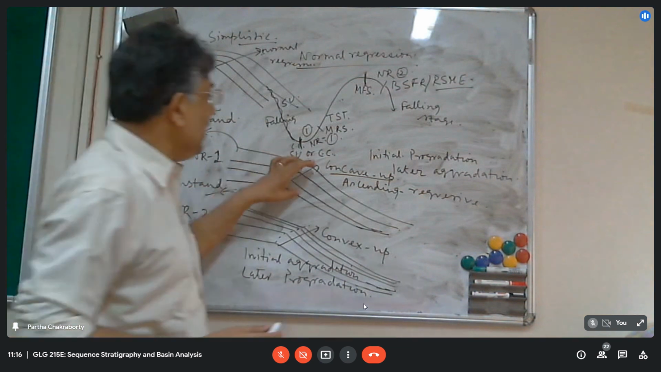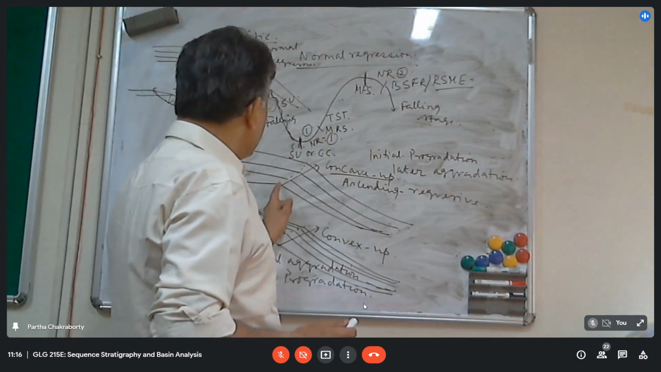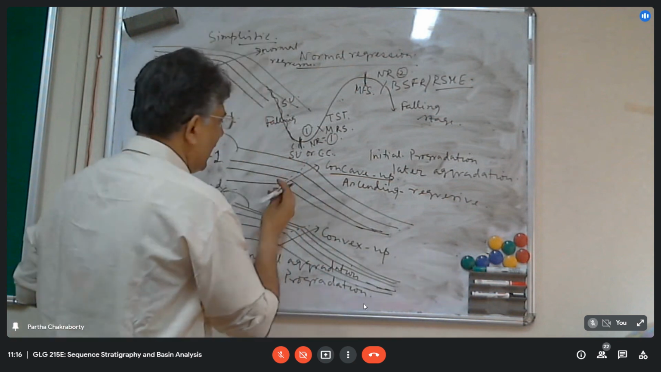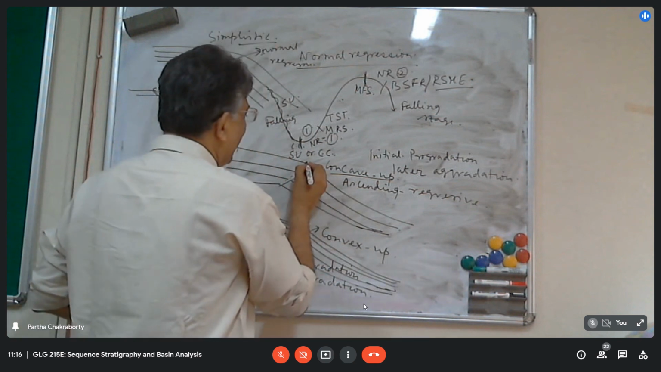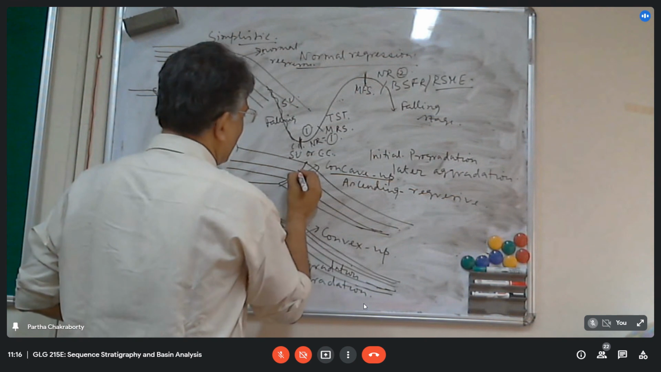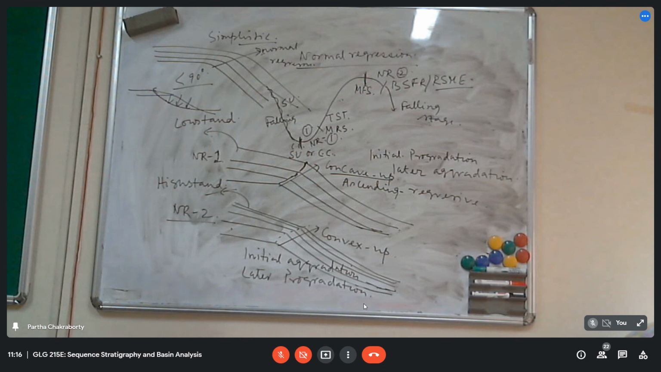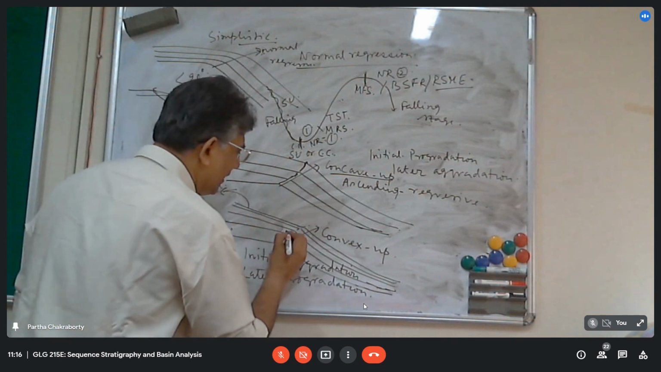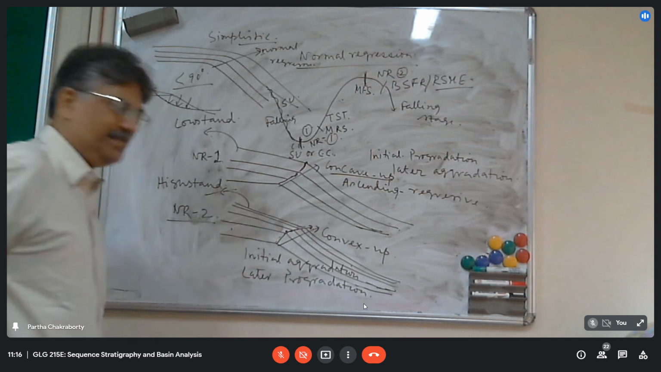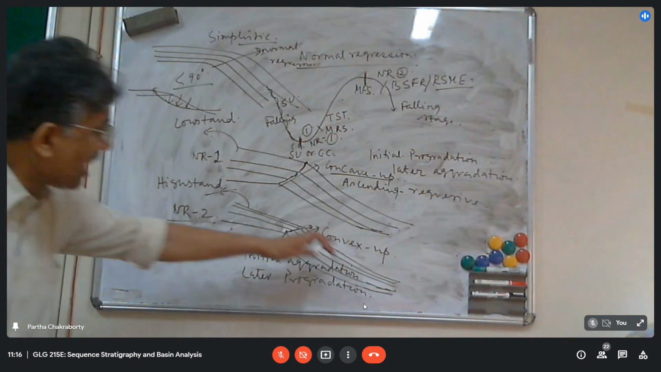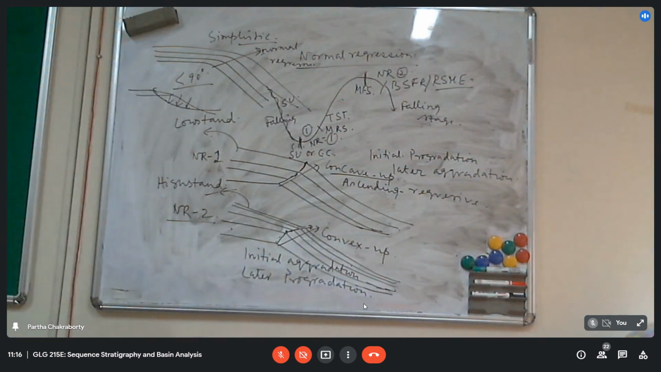And that stacking pattern will be initially progression, then aggregation. You can see that this is more aggregation, this is more progression, this is aggregation. Later aggregation, initial progression. Initial aggregation, later progression. The convex arc, that is basically,